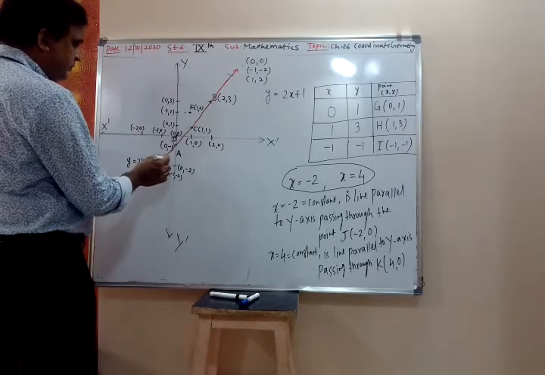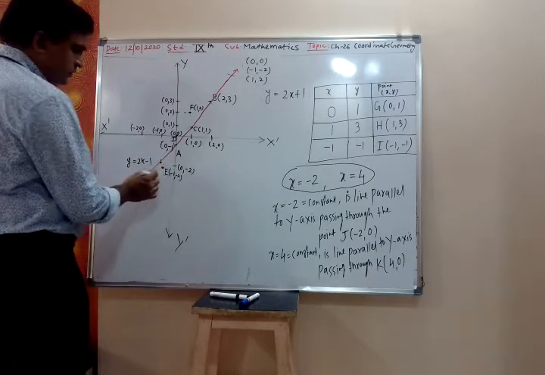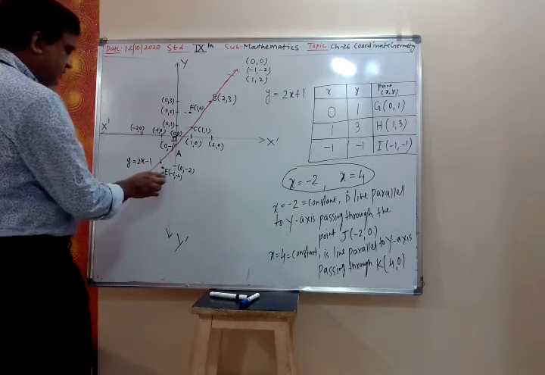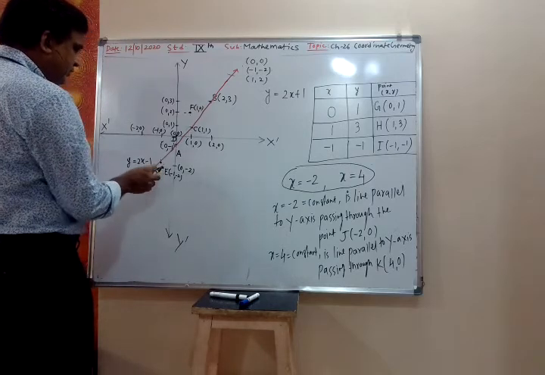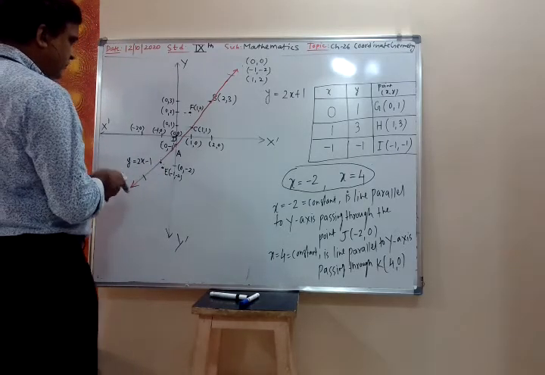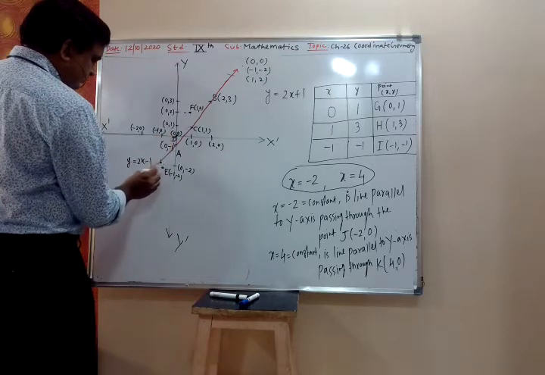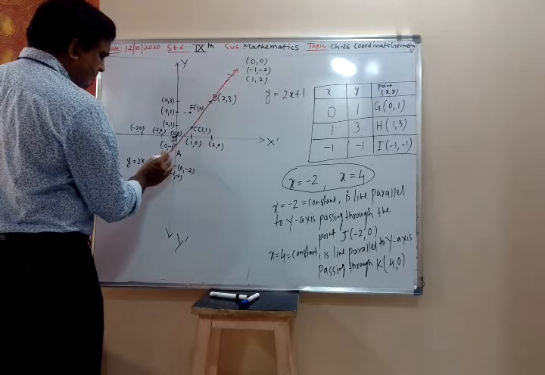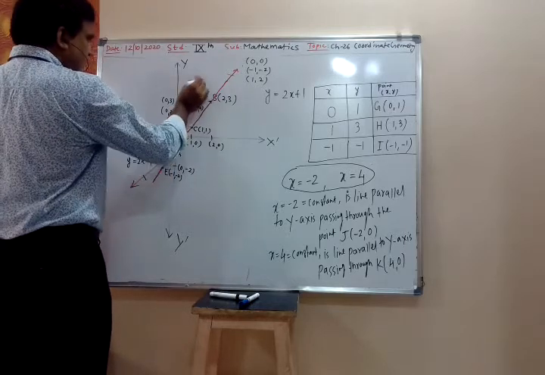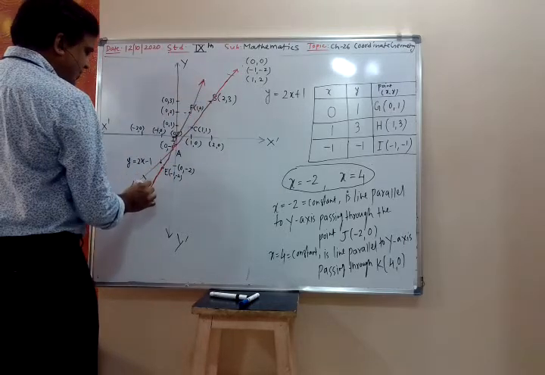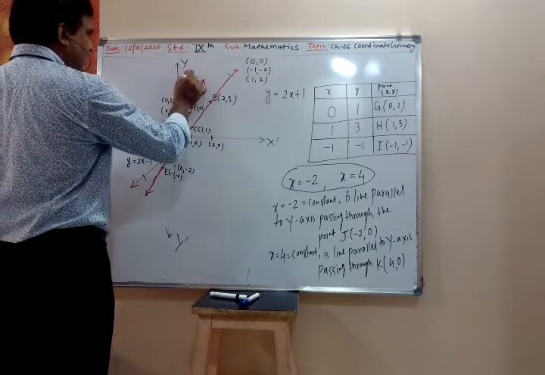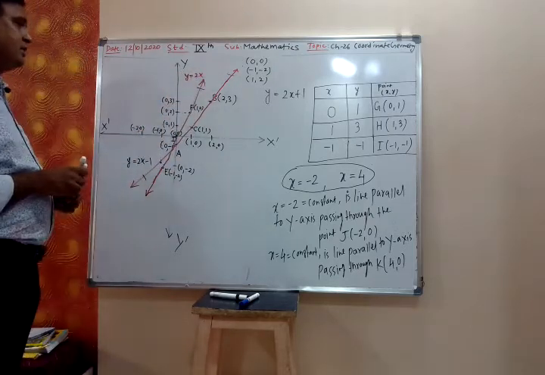So 1 comma 2, passing through the origin, no? So passing through the origin, draw the line. Passing through the origin, you see the graph. My measurements are not perfect because I am not using graph paper. See whether they are intersecting or whether they are parallel. That you have to see. Y is equal to 2x.